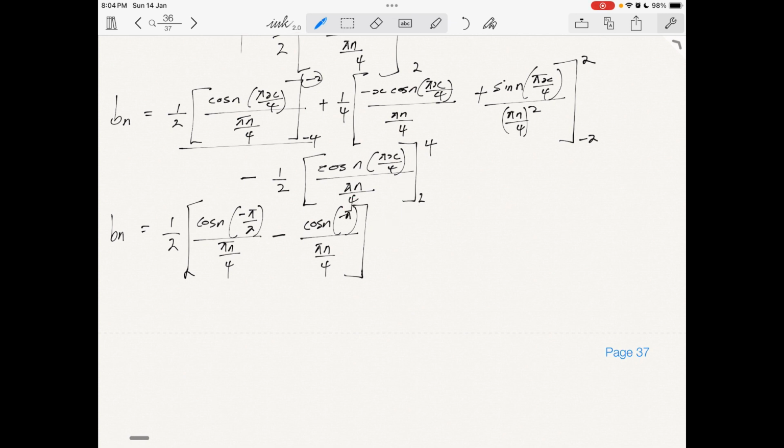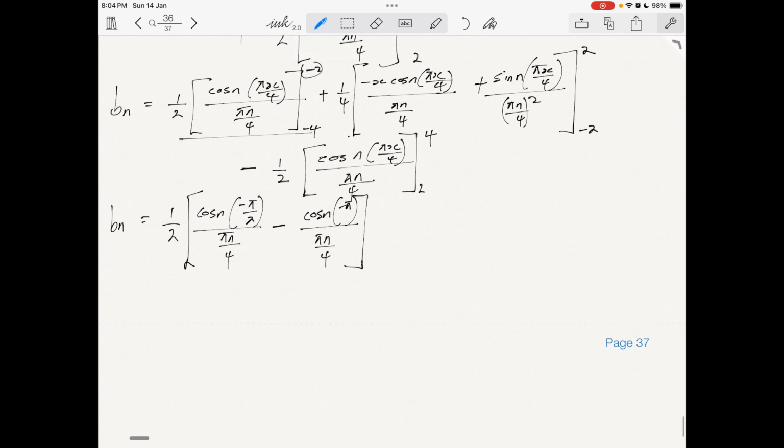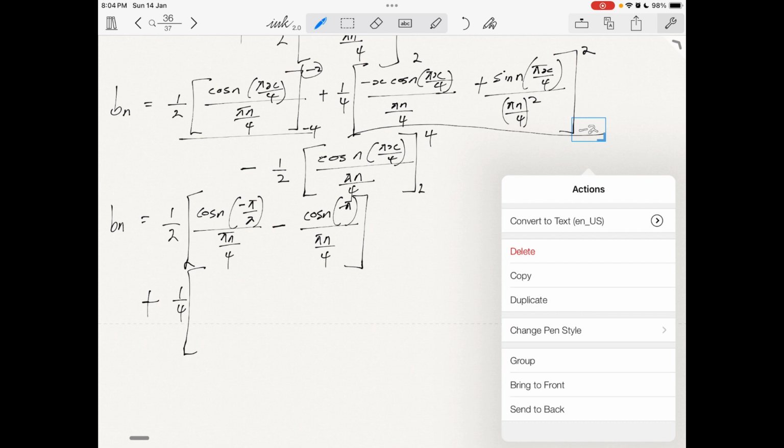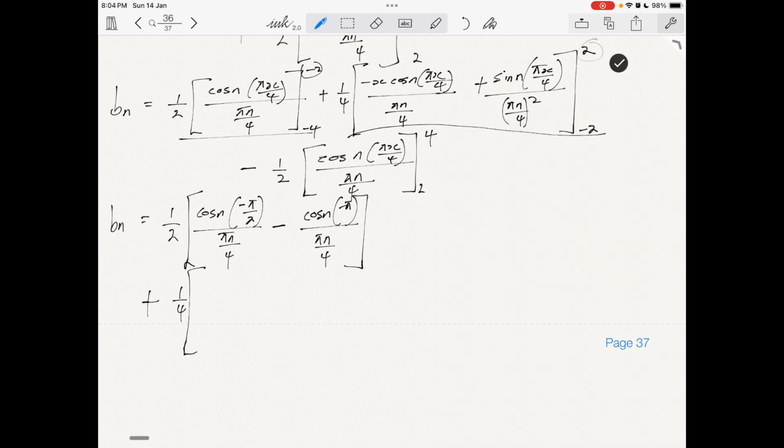Now the next term is this. So we plug in our upper limit and lower limit, so it will be plus 1 over 4. The upper limit in this case is plus 2, and the lower limit is minus 2. So we start with plus 2. Wherever we see x, we put 2. So we have minus 2 cos n pi over 2, because x is 2 there,